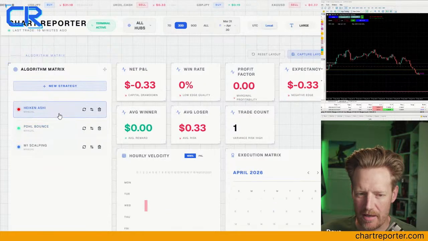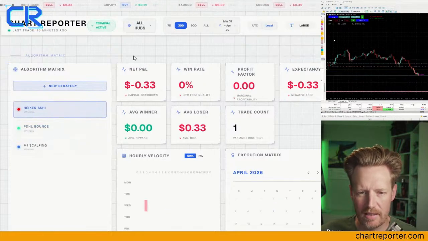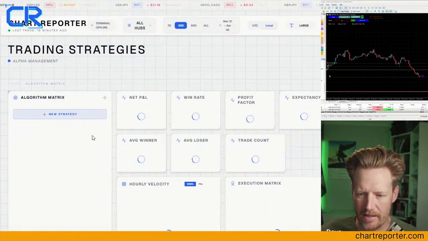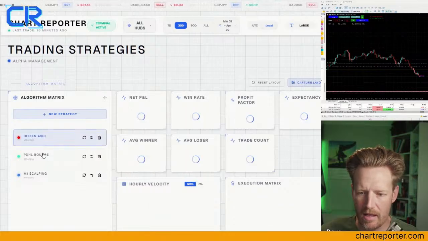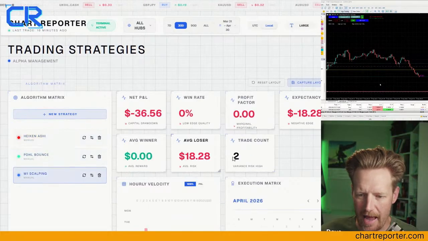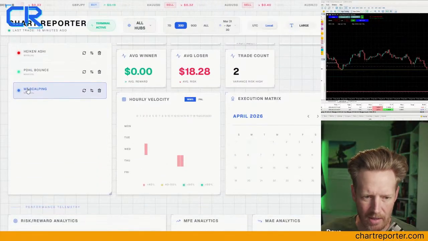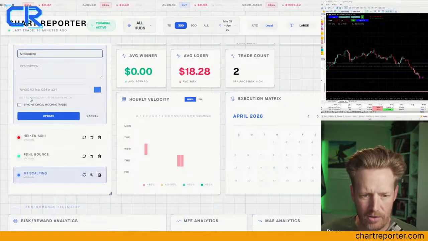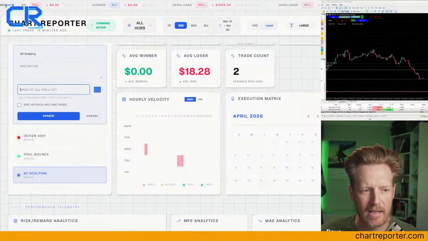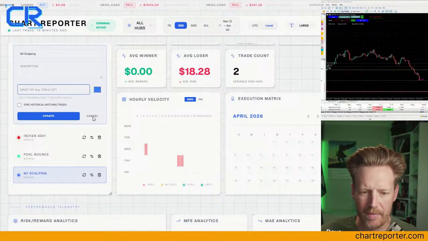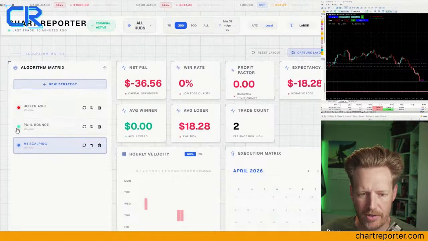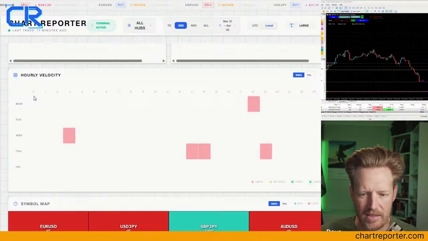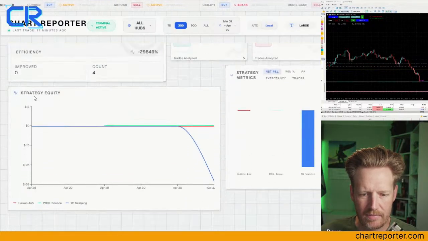strategy. There's my Heikin-Ashi strategy that we can check the results on. Let's just refresh that, make sure it's bringing in today's trades. Oh, there we go. So we can analyze all our trades. One of the things I love about this tool is these strategies. If you are doing EA trading, you can put a magic number on there. And as the EA trades with the magic number, the tool will automatically tag all of those strategies. And then on the dashboard, you can start comparing the efficacy of your different strategies and seeing which ones have